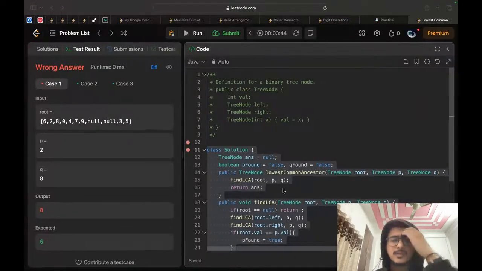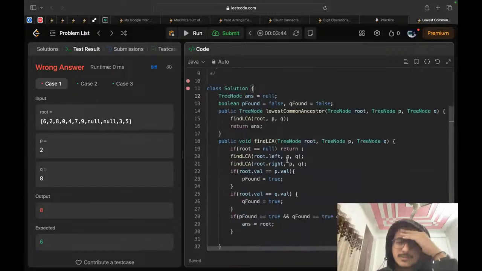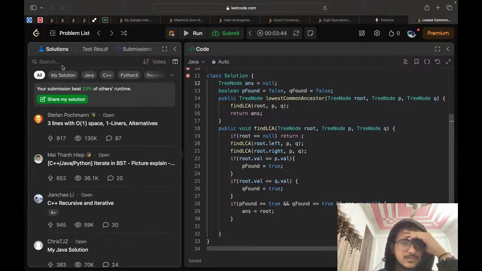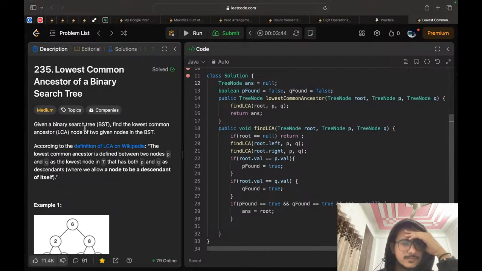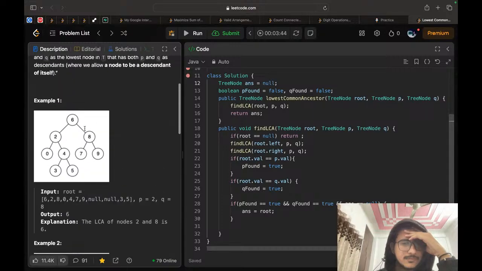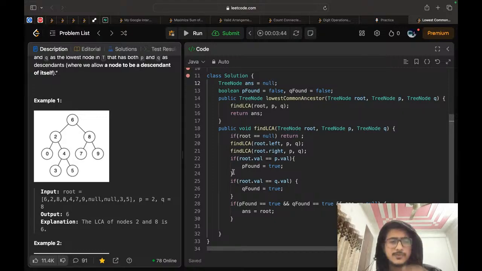I think what we can do here is, when we reach it, here both our flags are getting true. So what we can do here is check that